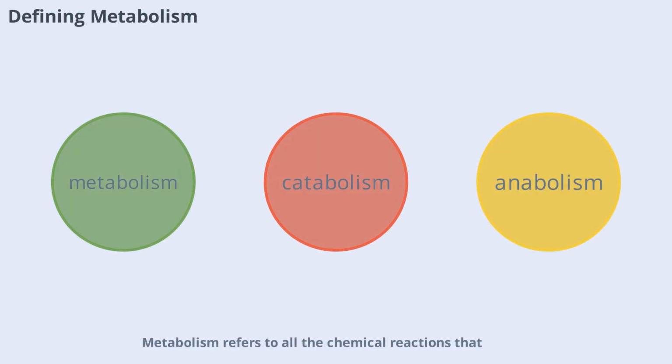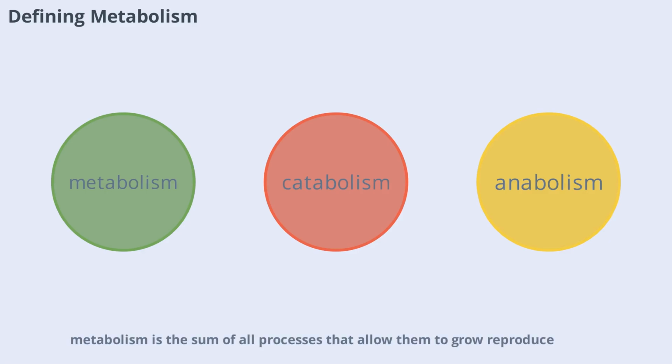Metabolism refers to all the chemical reactions that occur within a living organism to maintain life. For microbes, metabolism is the sum of all processes that allow them to grow, reproduce, and respond to their environment. These processes can be divided into two main categories: catabolism, which breaks down molecules to release energy, and anabolism, which uses energy to build cellular components. Understanding these two branches is key to grasping how microbes thrive in diverse environments, from deep oceans to our own